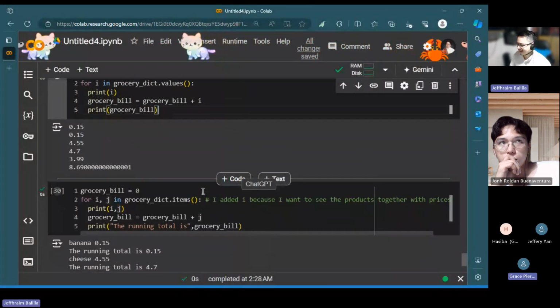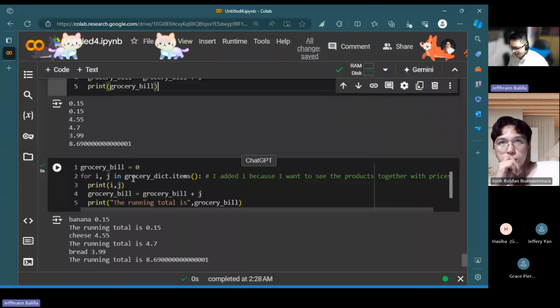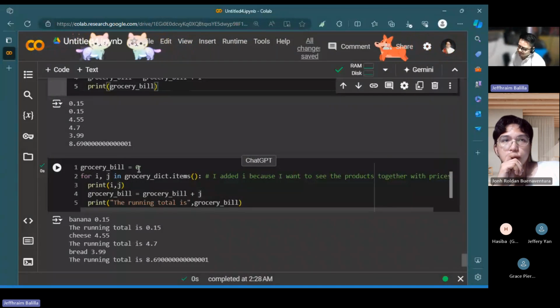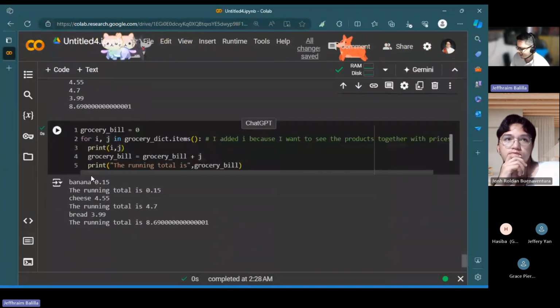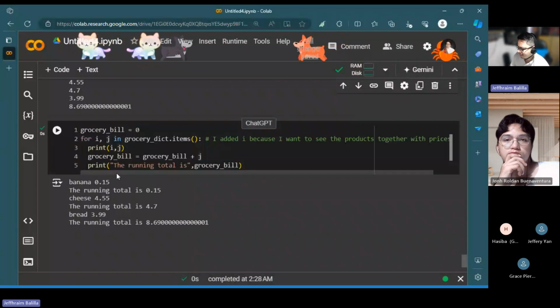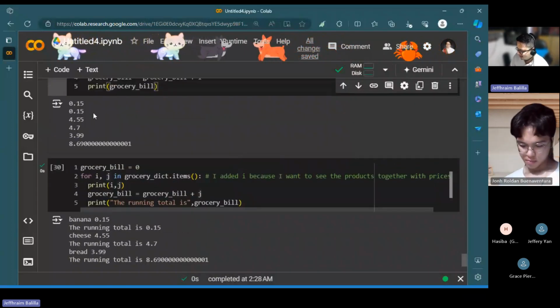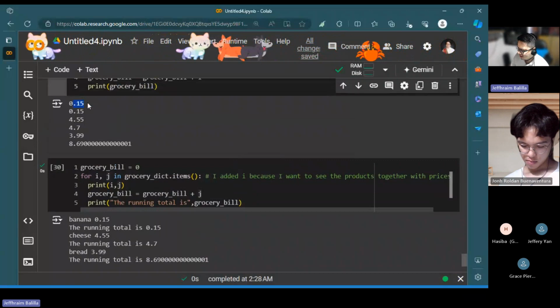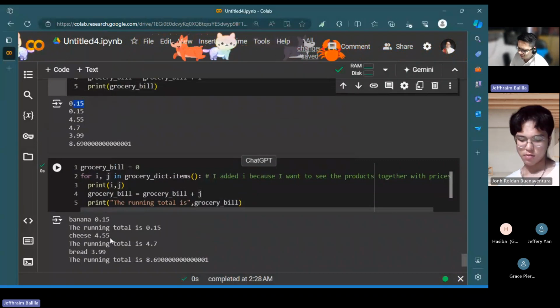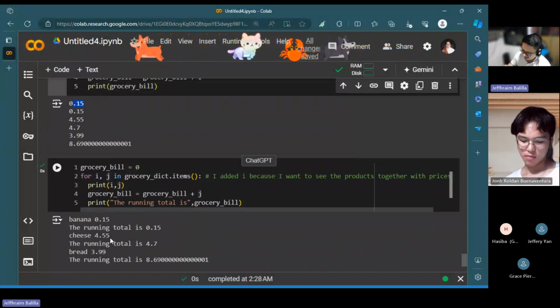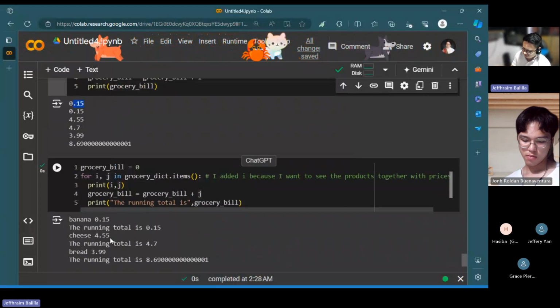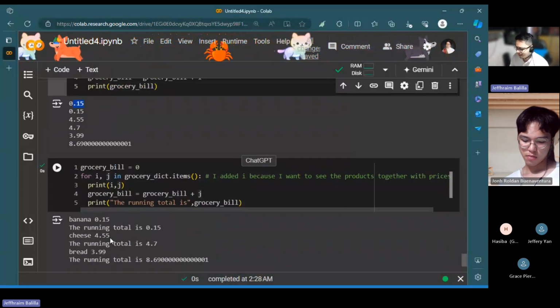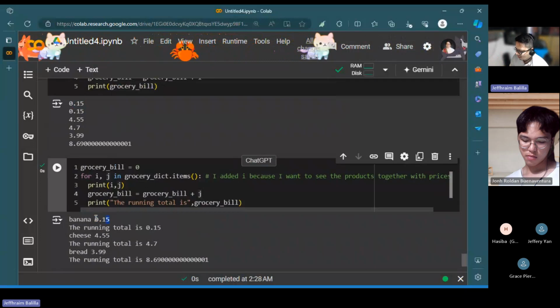So I just made it pretty, guys. In the last cell that we have here, I want to see the products, because it's not nice that you just see the prices. It's better, for example, if you look at your receipt, right? You have the product and their corresponding prices. So that's what we did in here.